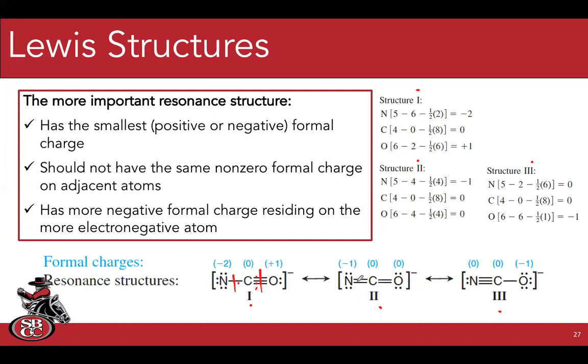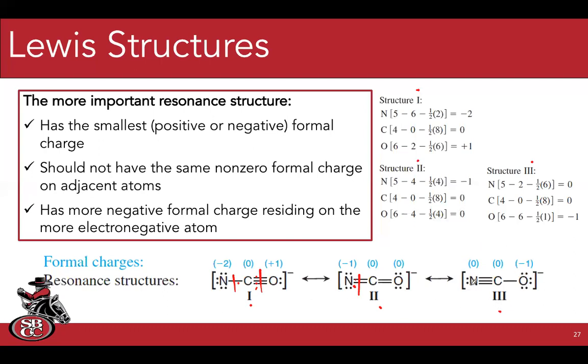So the second structure, now we have 1, 2, 3, 4, 5, 6 on nitrogen. And so that's a -1 charge, but now we have 6 on oxygen, so a 0 formal charge, and 4 on carbon, so a 0 formal charge. So that's better than structure 1. But the problem is this last thing, we want the negative charge on the most electronegative atom. Nitrogen is slightly bigger than oxygen, which means that oxygen is a little bit more electronegative. It's closer to the carbon, and so it has more electron density on it, which means that we want structure